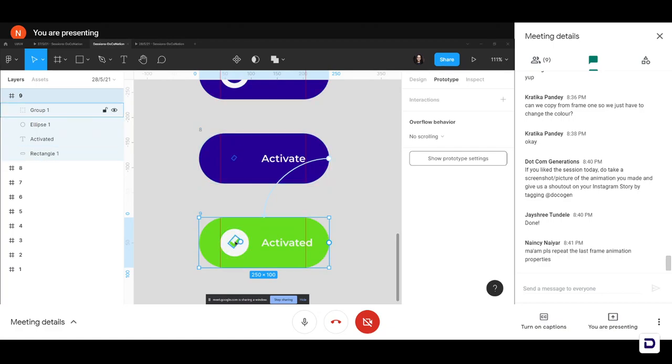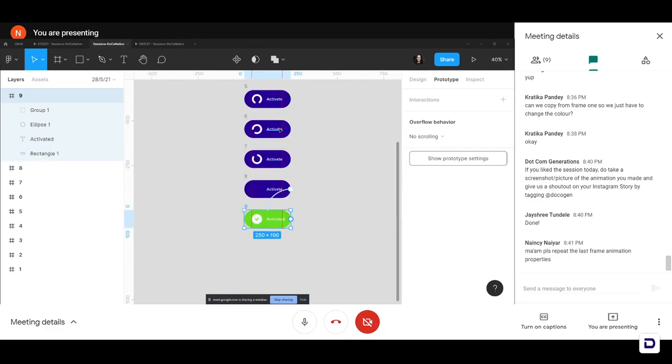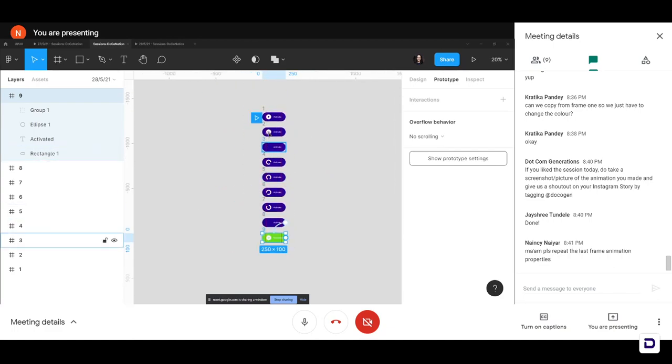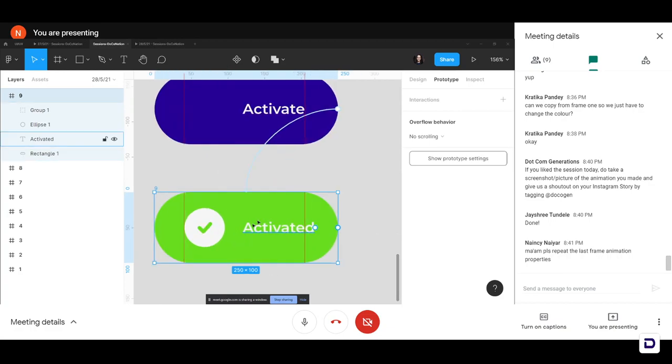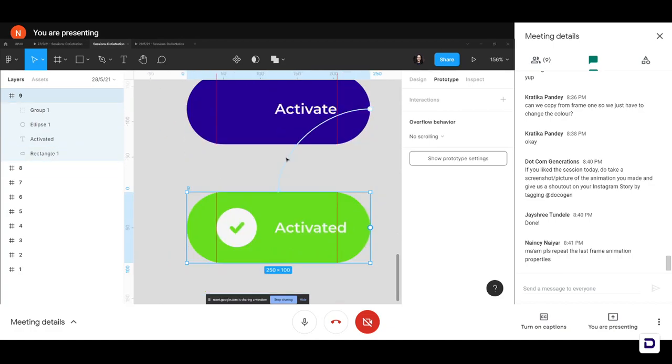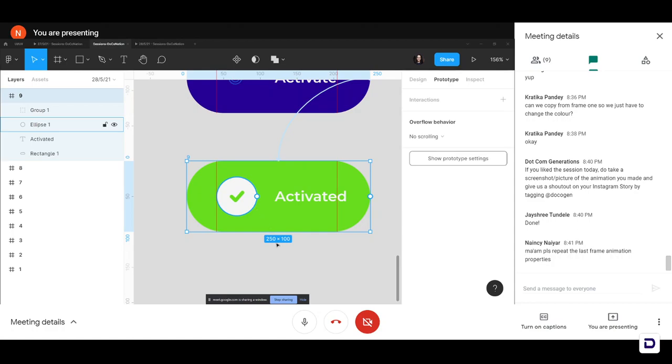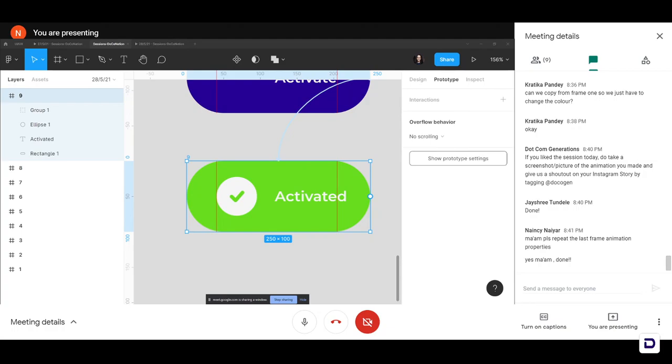So here again, what we're doing, we're increasing the size of our tick mark. You remember, we made the visibility 0 here and we didn't bring that back up. It was just there hiding in the background. So here what we've done, we've increased the size and given that proper color, that is green color, and that is it. Just change the visibility to 100%, that's all. Yep, and with these 9 steps, basically, you have got the animation.